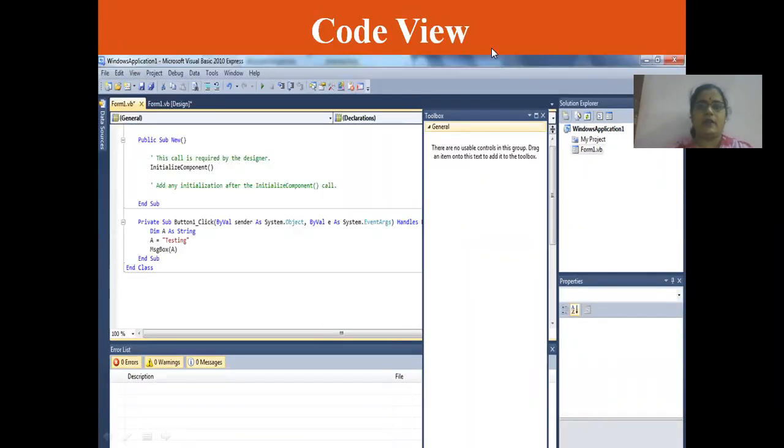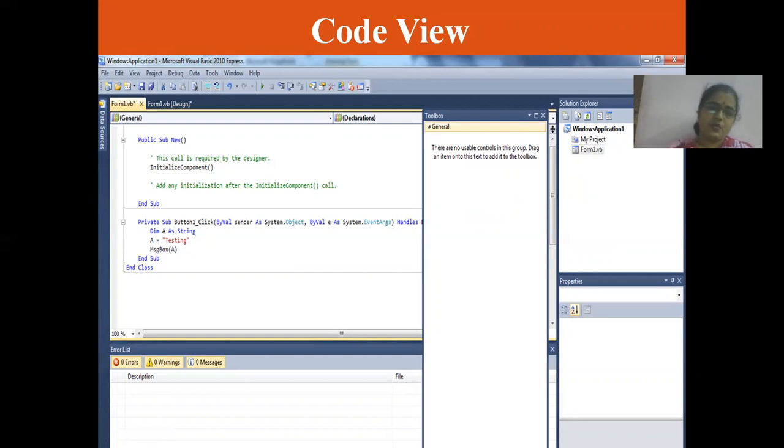I'll declare the variable as Dim A As String, A is equal to testing, and MsgBox A. So here I am going to display a message which is stored in variable A. So A is the variable.